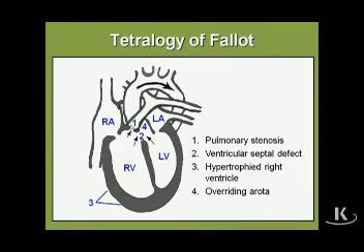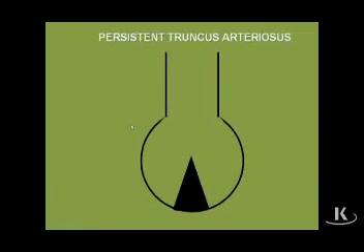Another defect of the aorticopulmonary septum is one in which the aorticopulmonary septum simply does not form. Since we said normally that the aorticopulmonary septum converts the truncus arteriosus into an ascending aorta and a pulmonary trunk, if we don't have an aorticopulmonary septum, we'll be left with a truncus arteriosus. And so we call that defect a persistent truncus arteriosus. A failure of the aorticopulmonary septum to form leaves us with a truncus arteriosus,